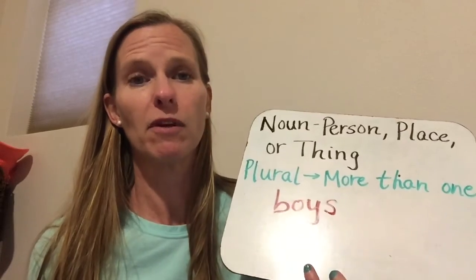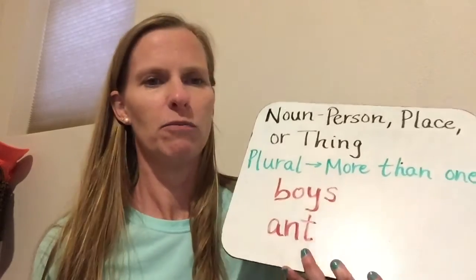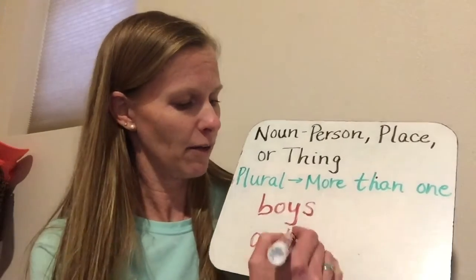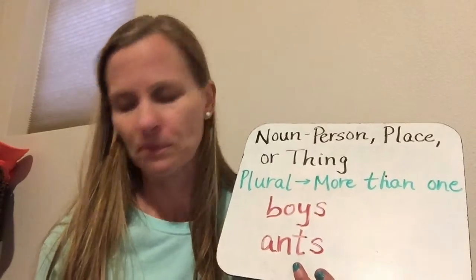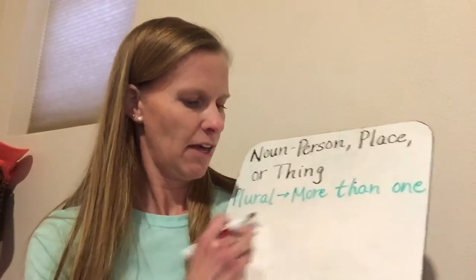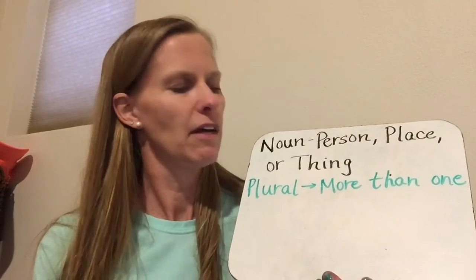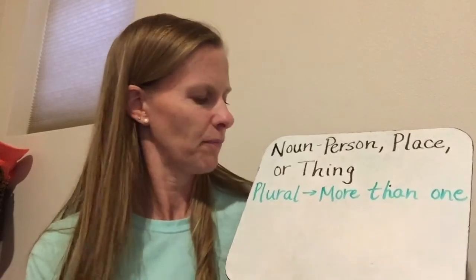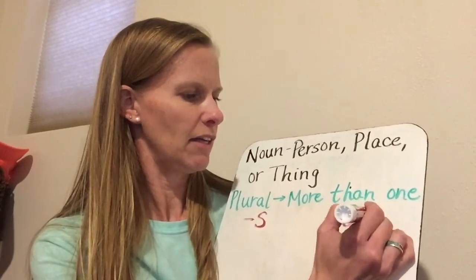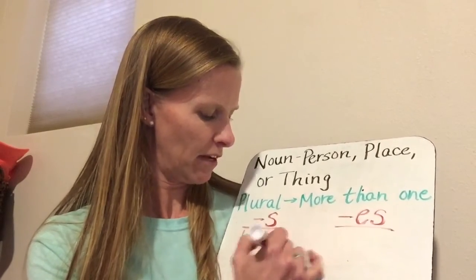So boy becomes boys. If we look at the word ant, you might see an ant in your kitchen, or you might see lots of ants crawling along the ground outside. We add an S. If you want to make a noun plural, and the noun changes number of syllables when you make it plural, then you need to add ES. So sometimes we add S, and sometimes we add ES. So our first two examples were boys